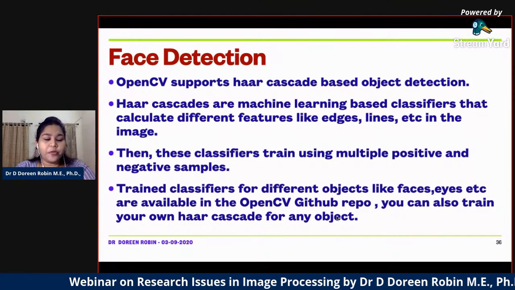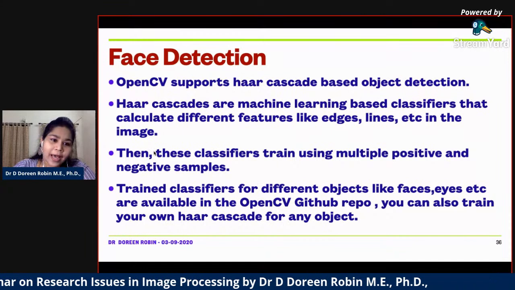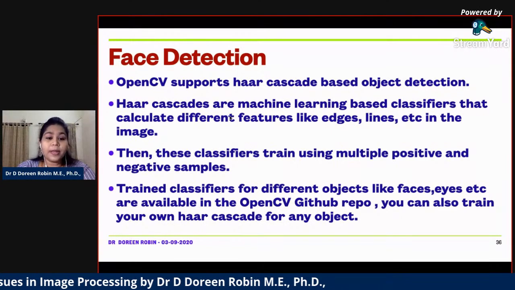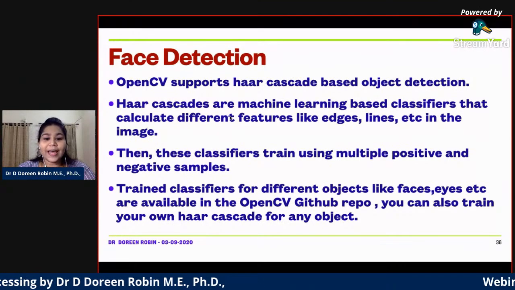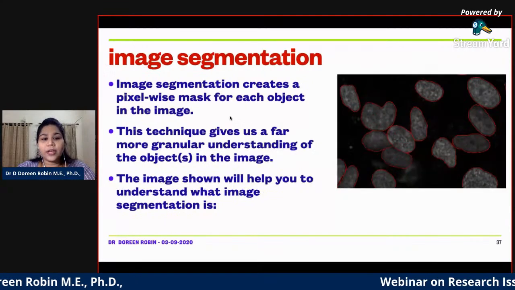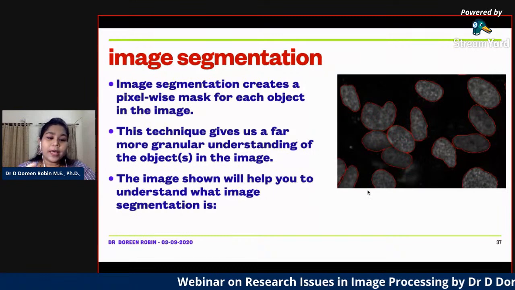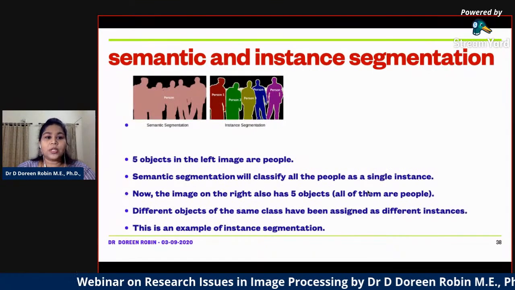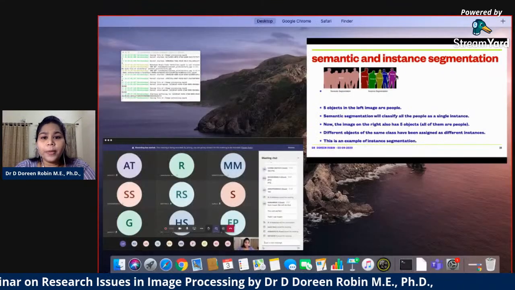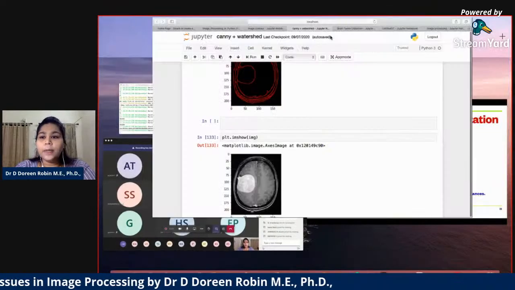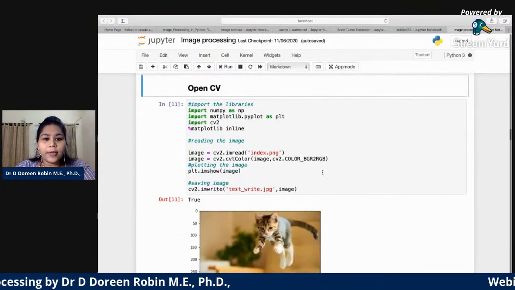Okay, how do you detect a face? There are Haar cascades, where we write an example which takes the different features, lines and edges, and then it finds your eyes. And image segmentation, how do you mask it and take your image segmentation? These are the predominant technologies that have been done.